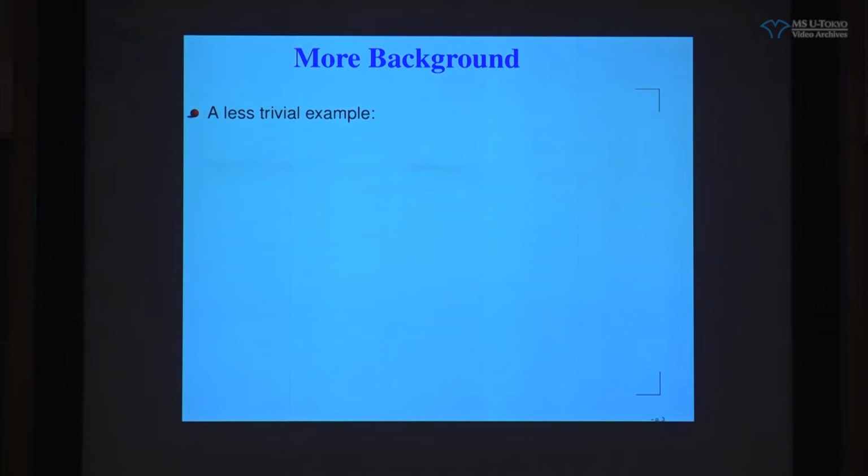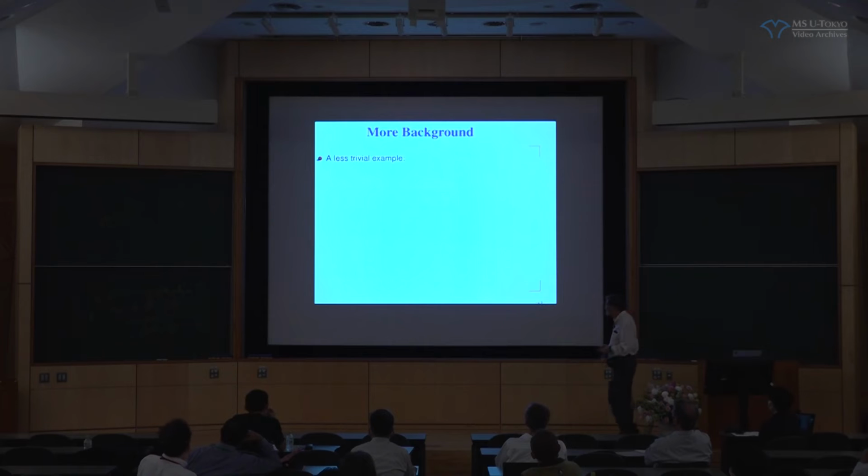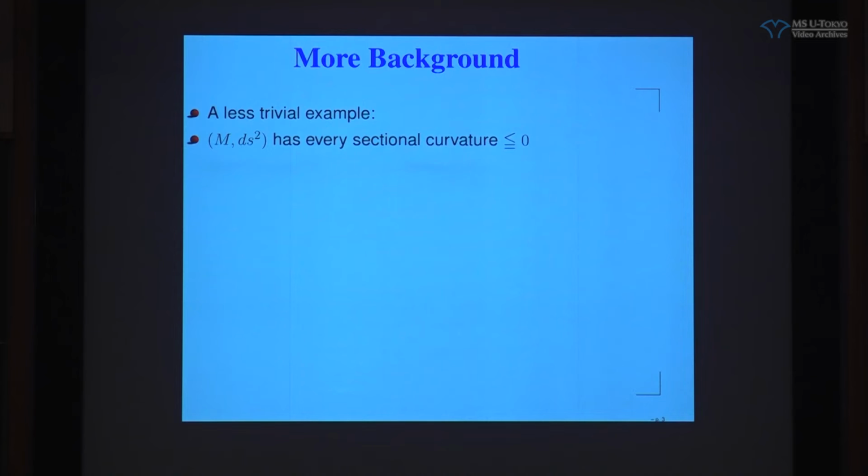Let's suppose that M has sectional curvature less than or equal to 0. Actually, this will work for Ricci curvature less than or equal to 0, or for no focal points, but let's just say sectional curvature less than or equal to 0. Now, since M is connected, simply connected, and complete because it's homogeneous,